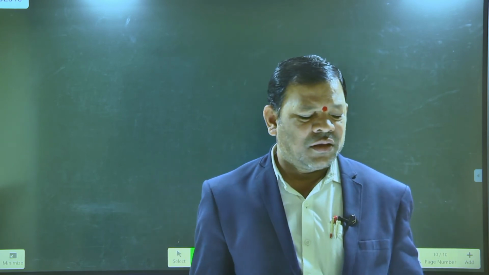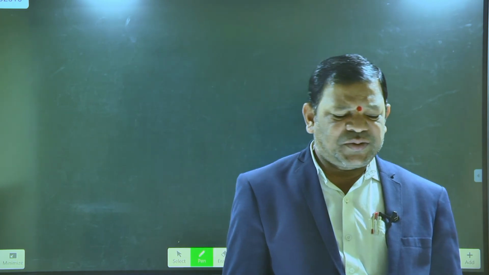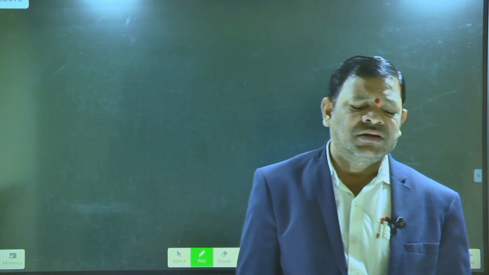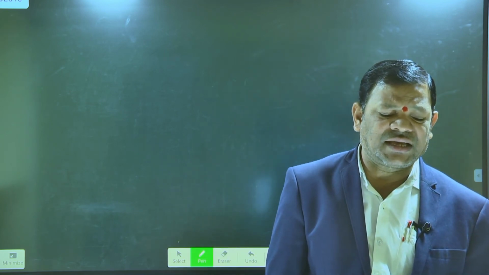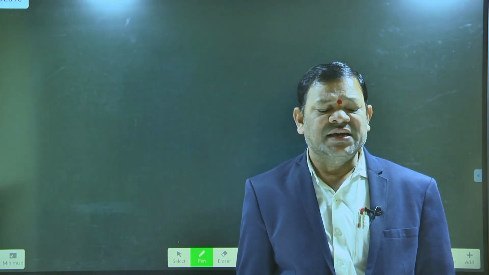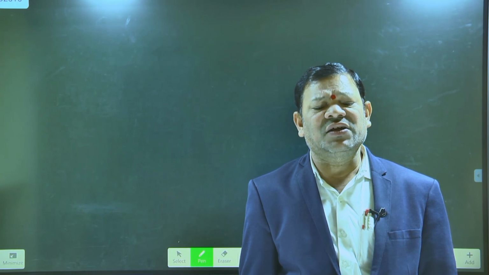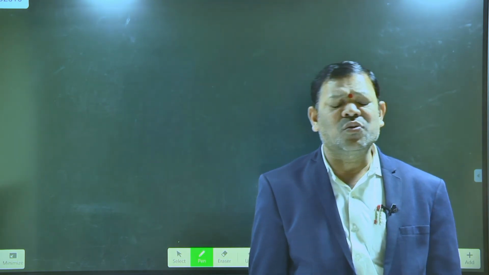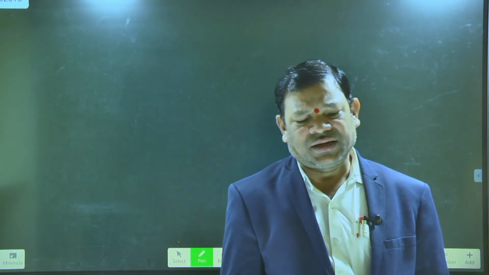Yes, sir. What is the meaning of oviparous? Can you tell me? Oviparous refers to organisms that lay eggs, from which the young are born. That is known as oviparous. Examples: birds, frog, lizard, insect. Viviparous means organisms that directly give birth to new animals. Examples of viviparous are human beings, cow, buffalo, and so on.